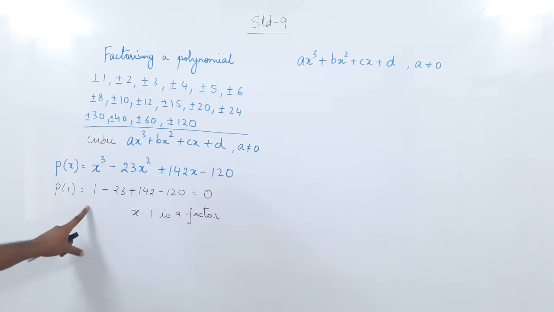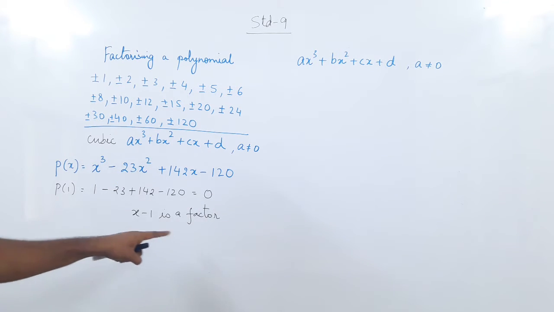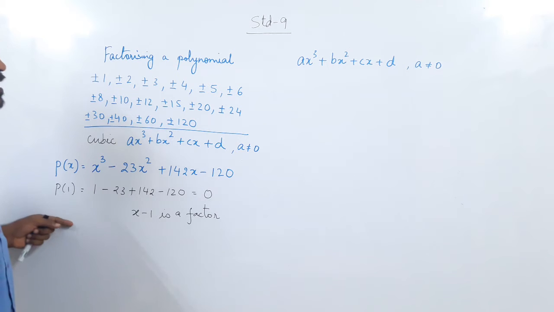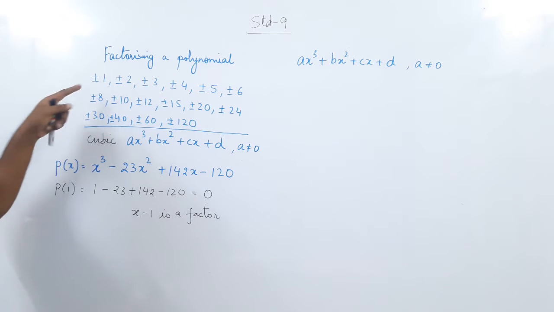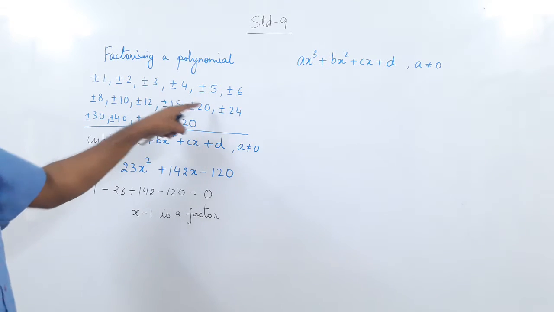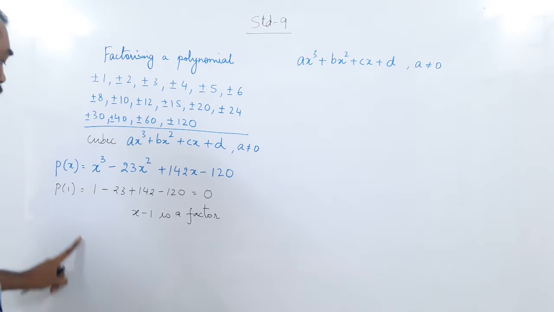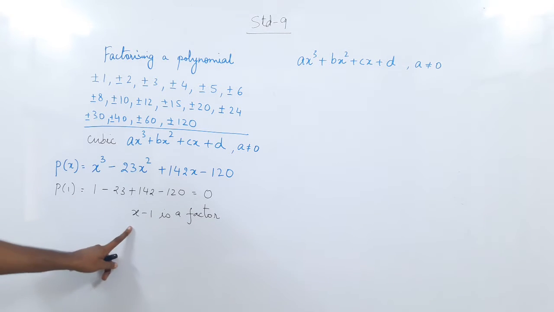So the first step is to do a into d. We get 1 into 120, that is 120, and then the factors of 120, and then try out the trial and error method. There are so many things we can use. Okay, so there are 1, 2, 3, 4, 5, 6, 7, 8, 9, 10, 11, 12, 13, 14, 15, 16, up to 32, but we directly got x minus 1 is a factor. So in this polynomial, x minus 1 is a factor. Now after finding out x minus 1 is a factor, what do you do?